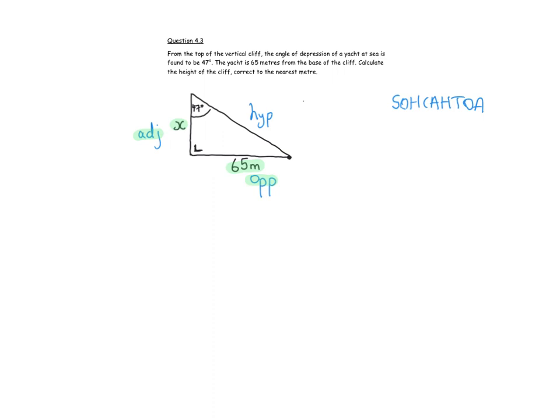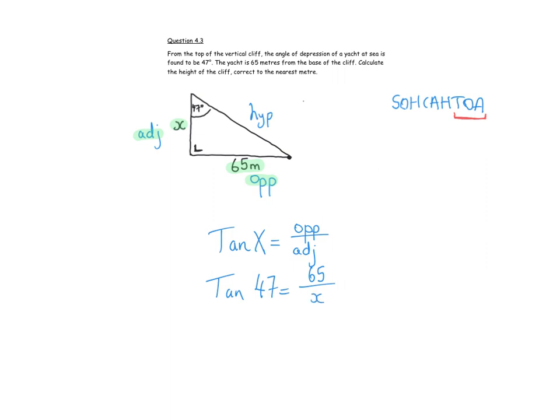So we need to go back to SOHCAHTOA and figure out which one has O and which one has A. The only one that has O and A is tan. So we're going to use tan in this example. This is going to become tan of x is equal to the opposite over the adjacent. So in this case it'll be tan of 47 is equal to the opposite, which is 65, over the adjacent,